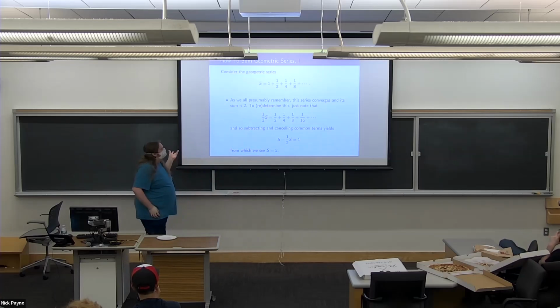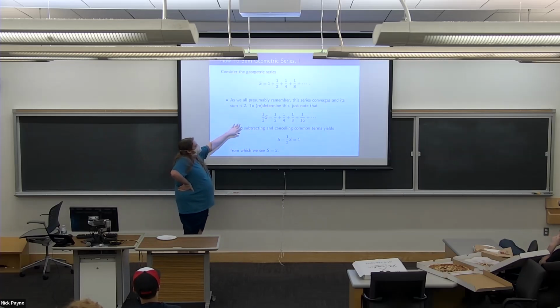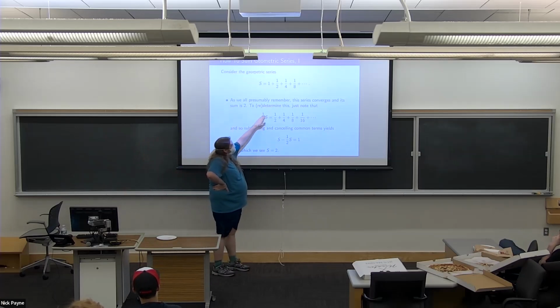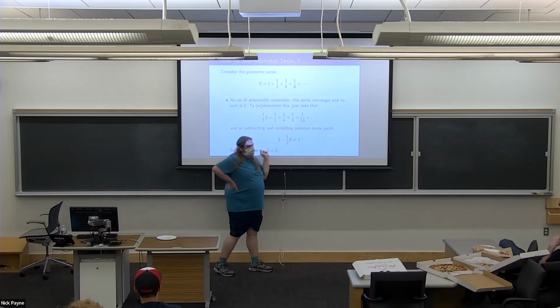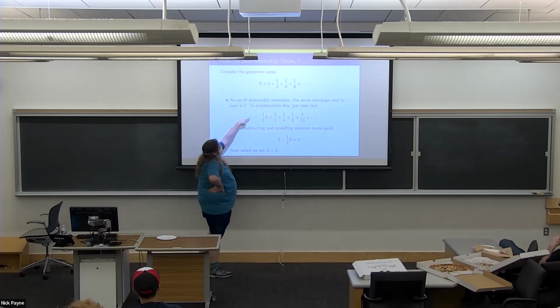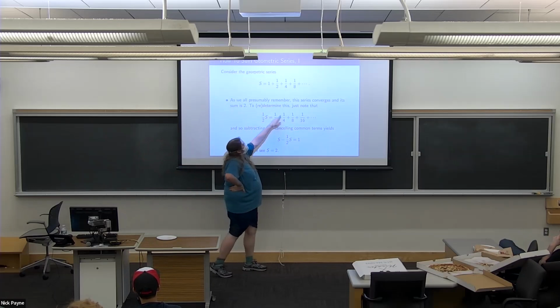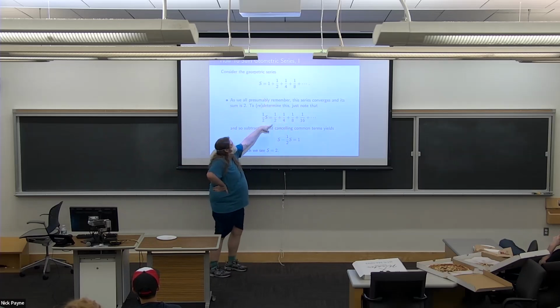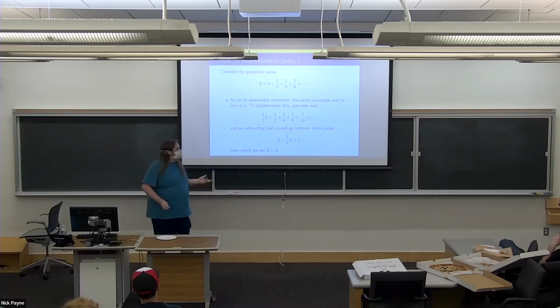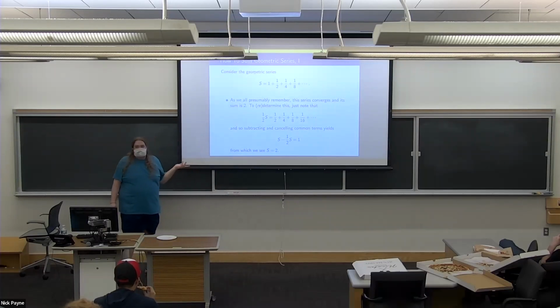Let me give you the way that one usually works out this infinite series sum, by just manipulating it. If I take this series s and divide by 2, in other words multiply each term by a half, what I get is 1/2 s is 1/2 plus 1/4 plus 1/8 plus 1/16, and so forth. Then if I take s and subtract a half s, all the terms after the 1 cancel. I have a half minus a half, a fourth minus a fourth, an eighth minus an eighth, and so forth. And so I see that s minus a half s is 1, so s is equal to 2.